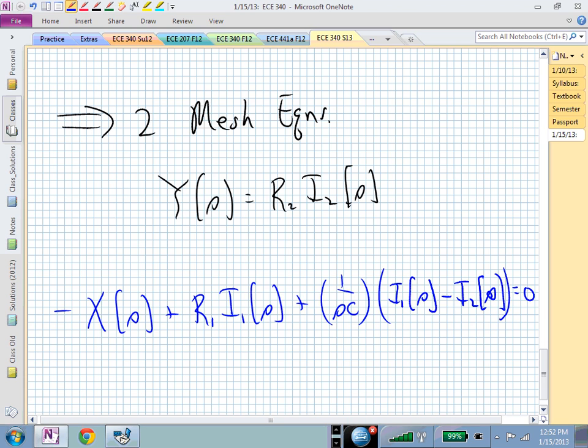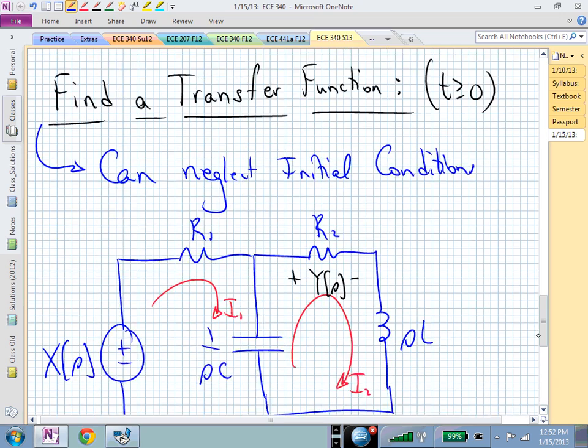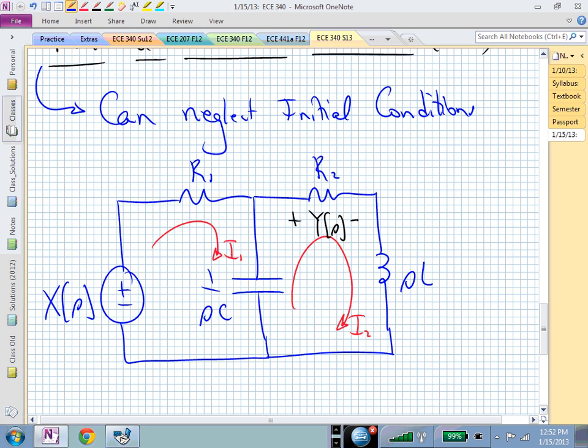Questions on that? Now you have a half a point out of 50. Right? We're looking for partial credit. Let's get another half a point by getting the second equation. The second mesh, now, if I start below the capacitor and walk around clockwise again, I have the capacitor's impedance, but now I want my positive voltage to be going from bottom to top, and that means I sub 2 minus I1 will be the net effect going up in the current. I now have 1 over